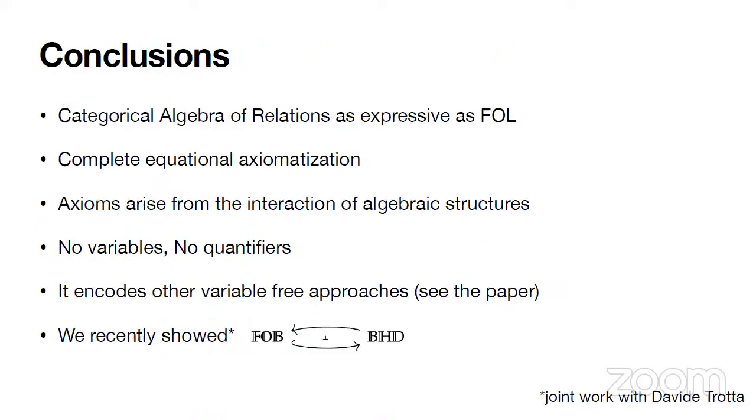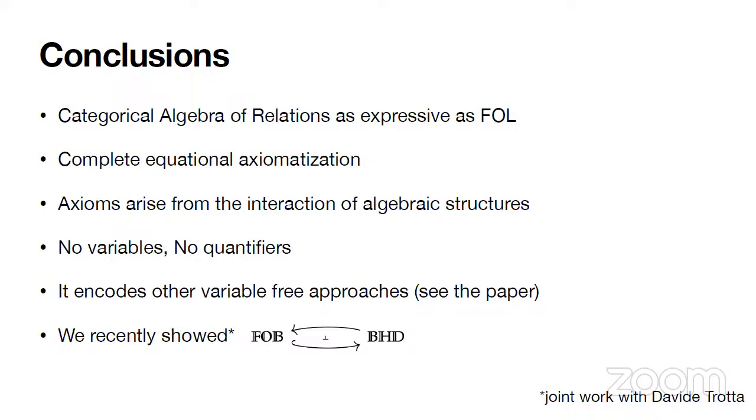Okay, to conclude, we built a categorical algebra of relations which is as expressive as first-order logic. The axiomatization is complete. The axioms arise from an interaction of well-known algebraic structures. It has all the desirable properties of a calculus of relations, like no variables, no quantifiers. If you see the papers, you will see that it encodes many other variable-free approaches, like